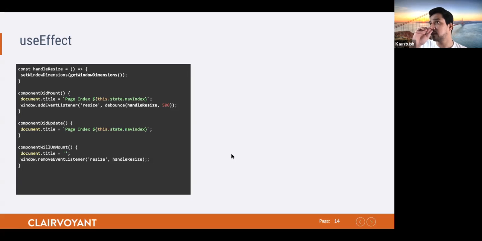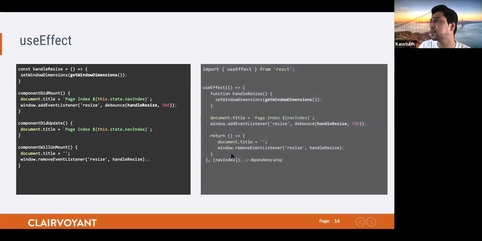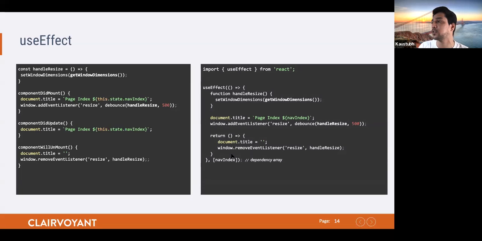Let's go for the next, more complex kind of hook I would say, the useEffect hook. Now the first hook, useState, solved the problem of having state inside a function component. The second hook, useEffect, is going to solve the problem of having lifecycle methods inside function components. So coming back to the same problem that we had, a lot of code duplicated inside the lifecycle methods for class components. We can recreate this whole scenario in a function component and add a hook like this, so that the code which we need is tightly coupled inside only one function, and it is not split out into three or more extra functions.